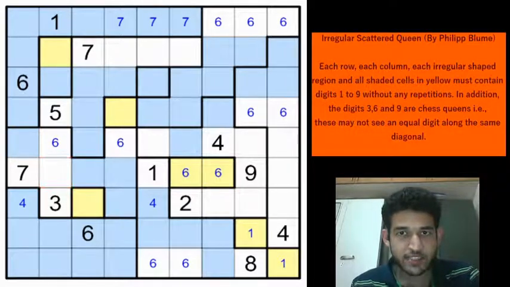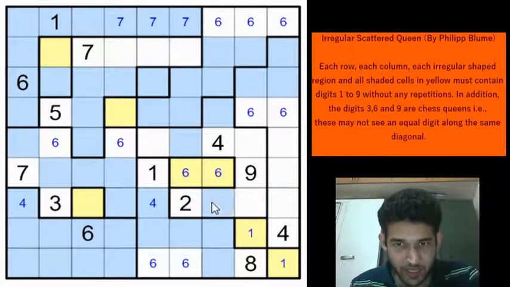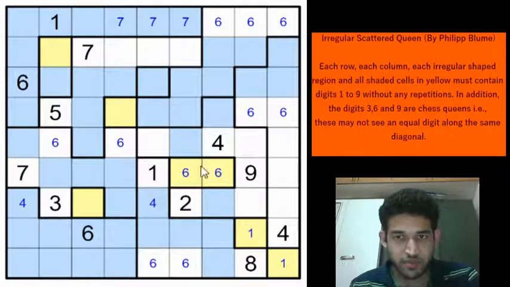And now we can highlight some more cells as blue. This can't be a 6 because 6 must be in one of these 2 cells in this region. And we can eliminate this cell as a 6, because if you have a 6 here, then you eliminate 6 from both of these cells. So a 6 must be in one of these two cells, and because of the 6 here, we can mark these cells as not 6.